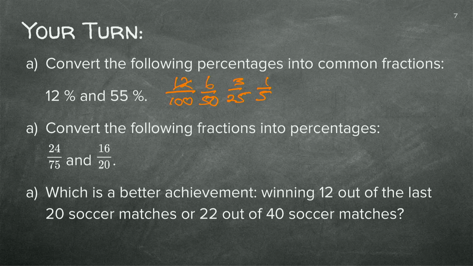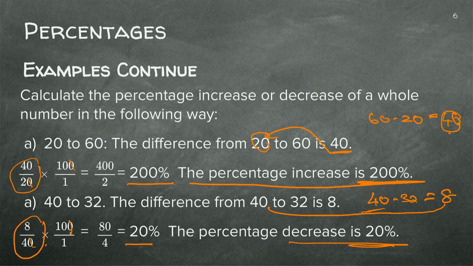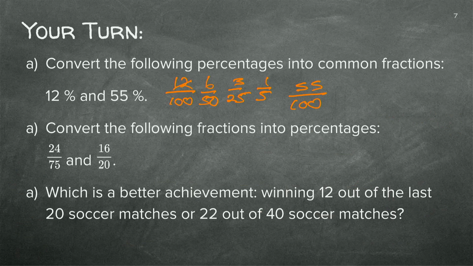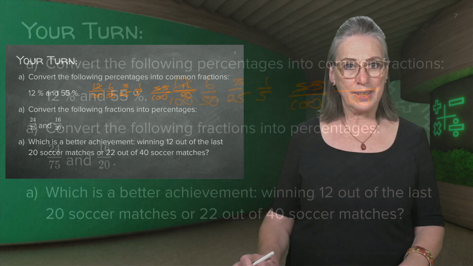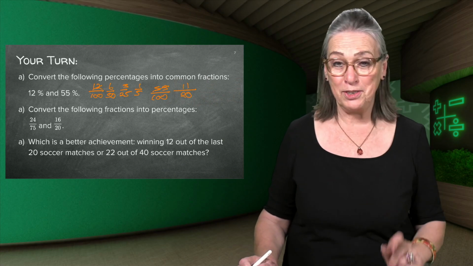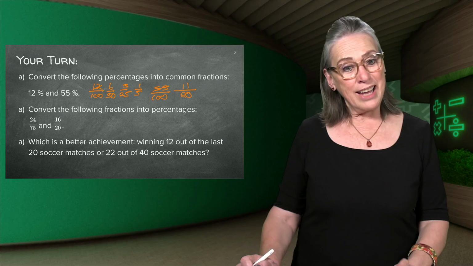Okay. And 55% is 55 over 100. Is this in its smallest form? I think a 5 and a 0, and that's always telling us something, right? 5 can go into this 11, and 5 goes into this 20. And that is our answer. Okay. Congratulations if you got this one correct.